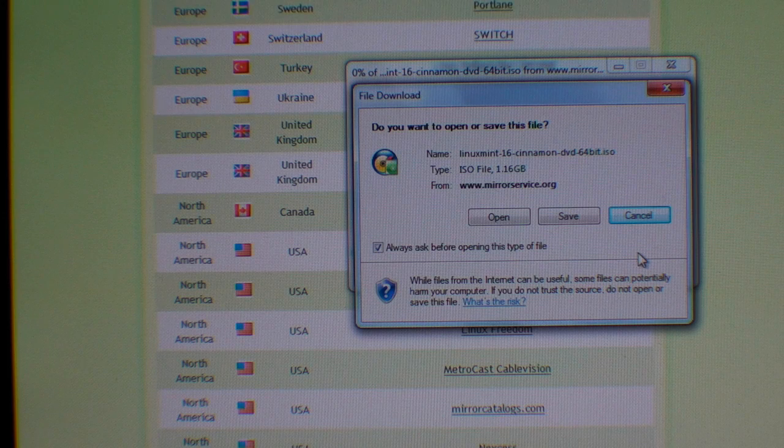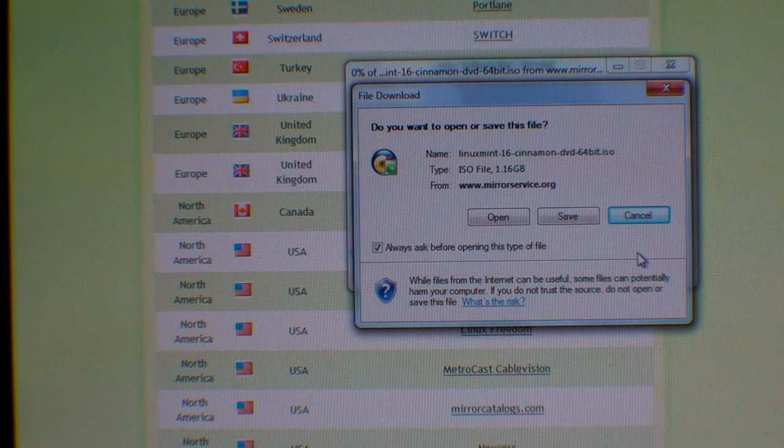And I think you can do it in Windows as well. Basically, you burn that particular file, which is about 1.16 gigabyte in size, and you burn it onto a CD-ROM. Well, when I mean CD-ROM, it's a DVD-ROM. You burn it too. Once you've burned it to a DVD-ROM,